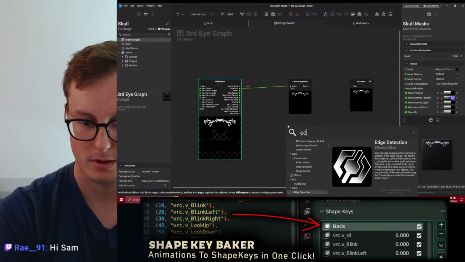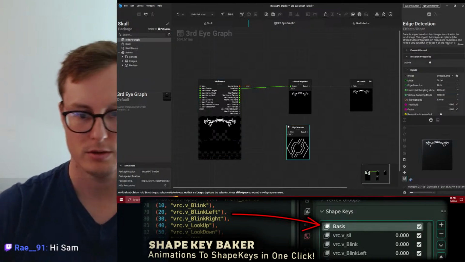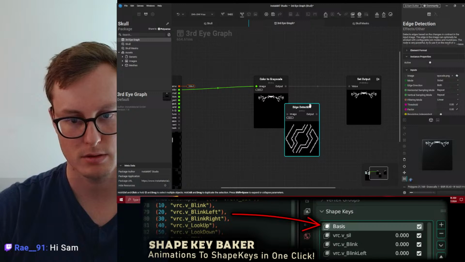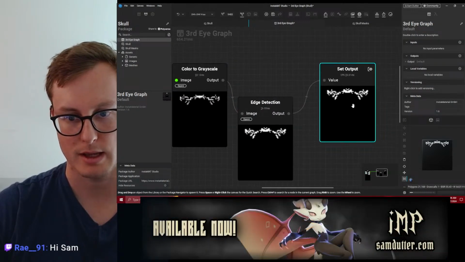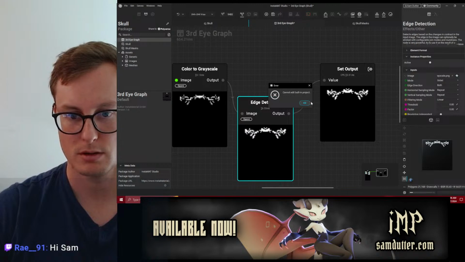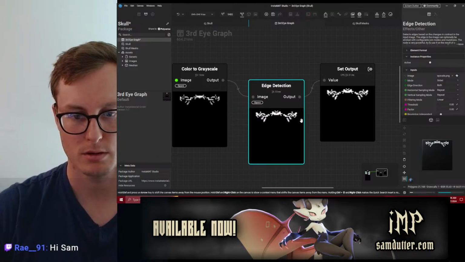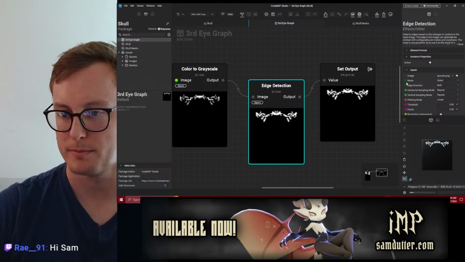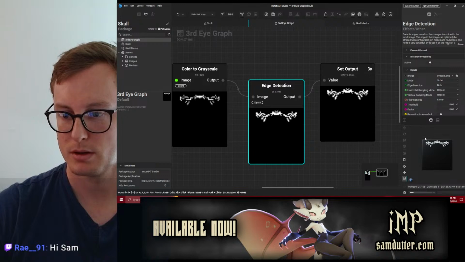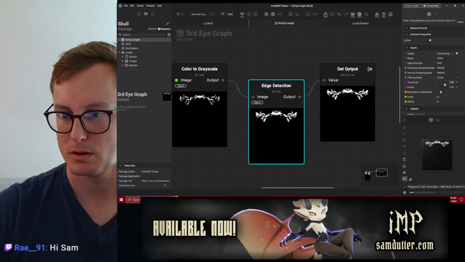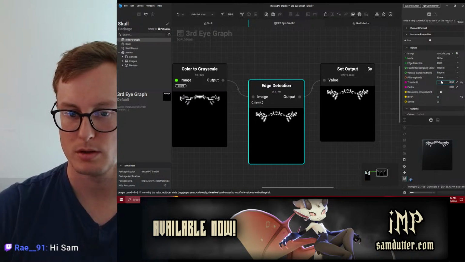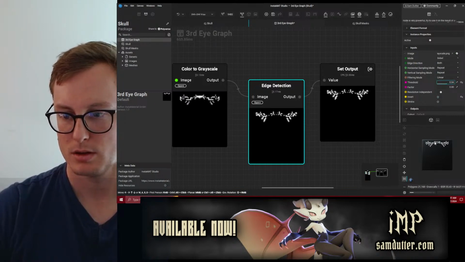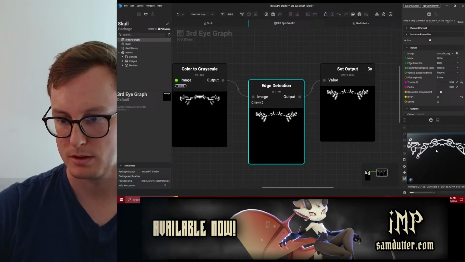I don't know. Some sort of edge detection. So you can take your mask and get the edges out. A little hard to see. Oh, there we go.